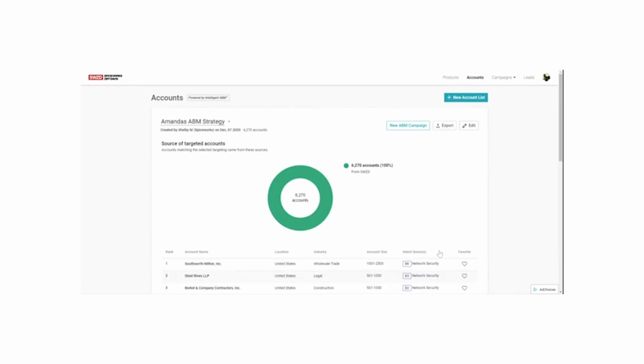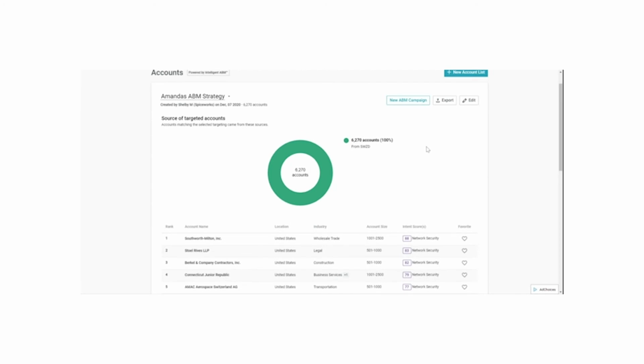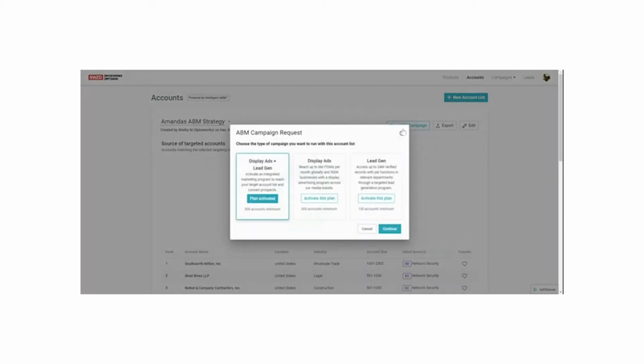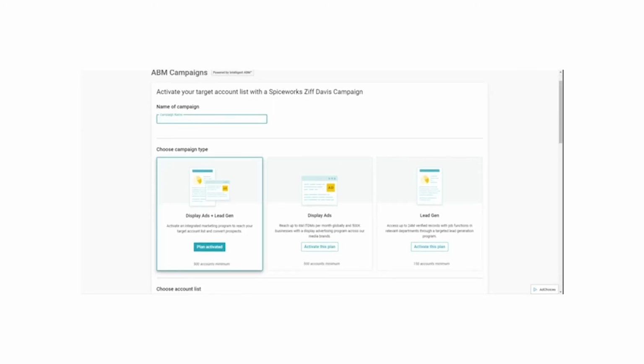Now, what exactly do you do now that you have this entire list of 6,270 accounts across network security? When you subscribe to this platform, you can actually do all of your ABM campaign planning directly in this platform. So you can do any of our display ads and lead gen, or those separately. And you can request any campaign. So if we do Amanda's Q1 ABM campaign,